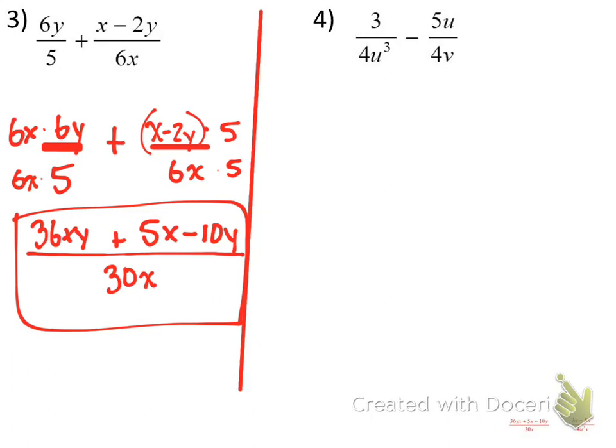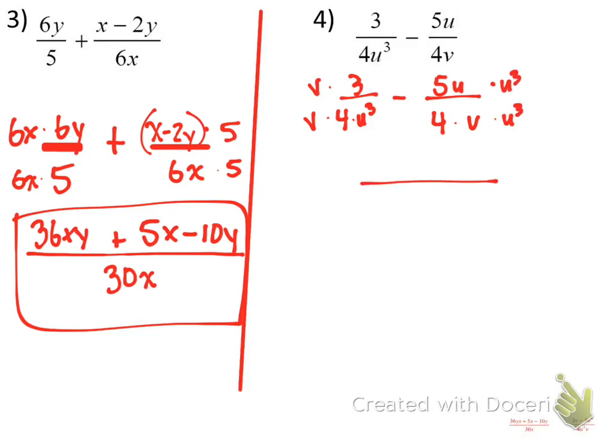So it's supposed to be at first 3 over 4 times u times u times u minus 5 over, I'm going to take this back. It's going to be u cubed minus 5. The new denominator is going to be